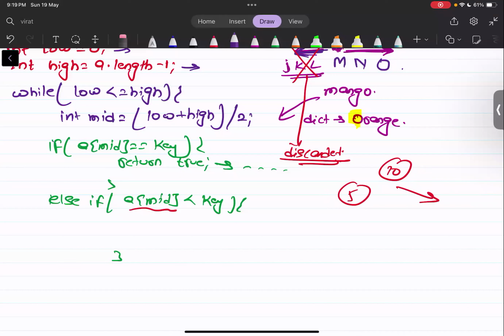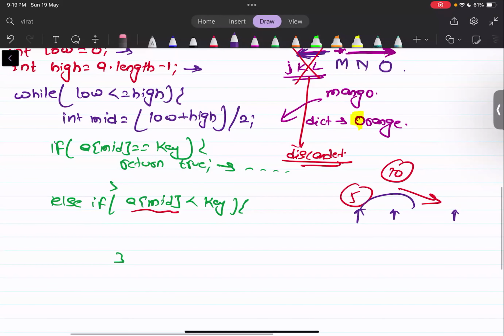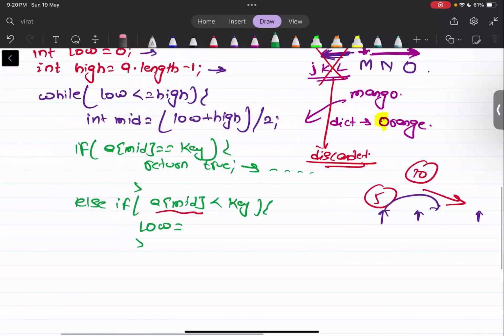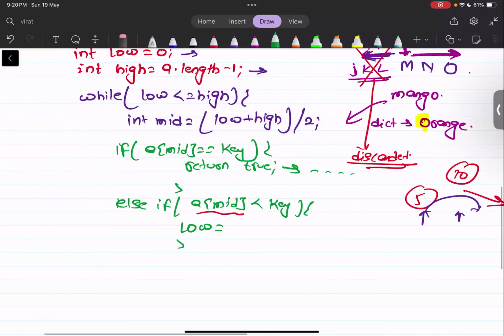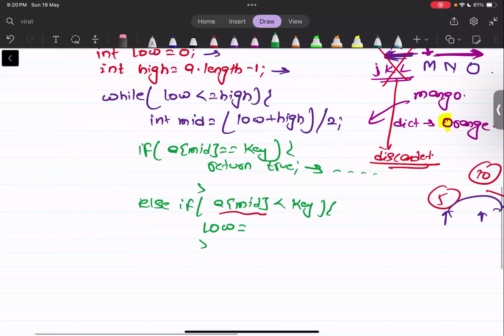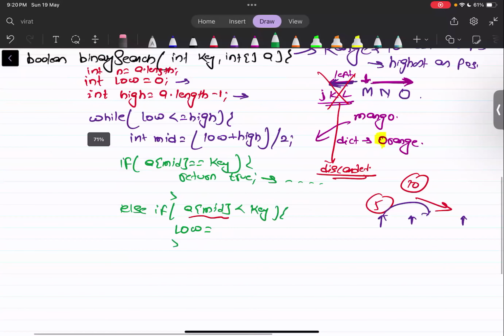Key is greater and you got 5, you will go on the right side. How to go on the right side? You have this index, and this index, right? So you will move it here. So what is the condition to move to the right side? We write low is equal to mid plus 1. We write else part, we will go on the,